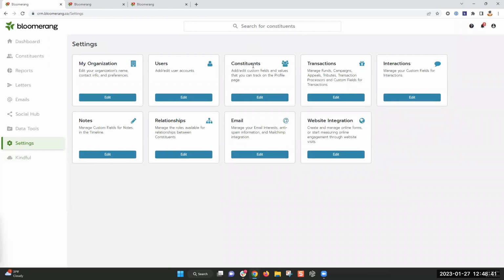So your constituent custom fields would be about your constituent. Whether or not I've given, whether or not I've attended an event, this pertains to me. Most of the segmentation that we've seen will be based on constituents, but you can also absolutely create transaction, interaction, and note custom fields as well.